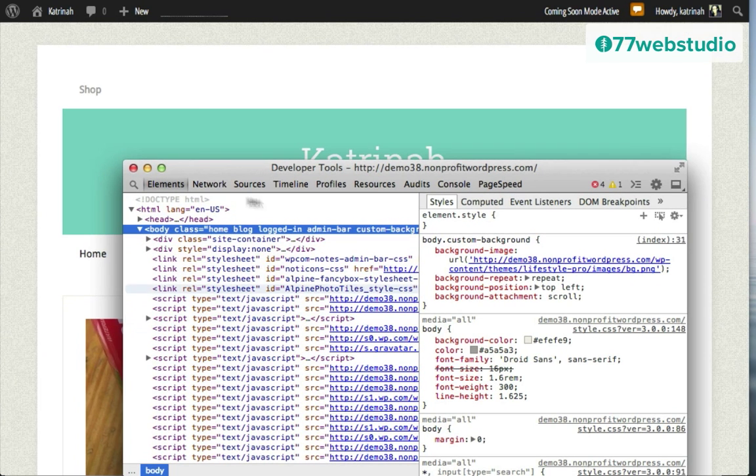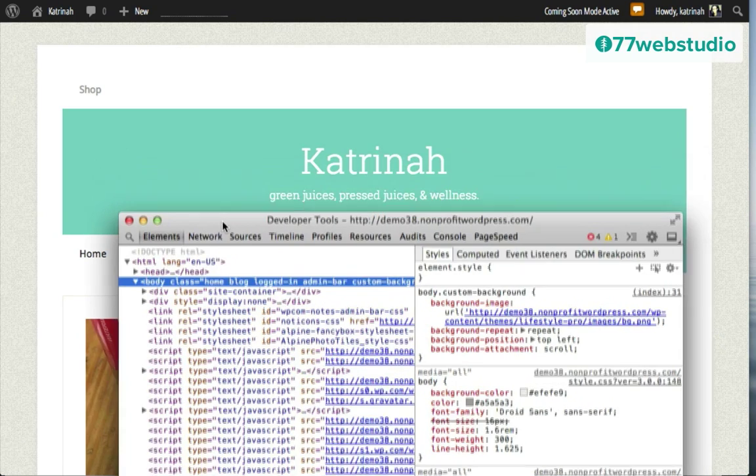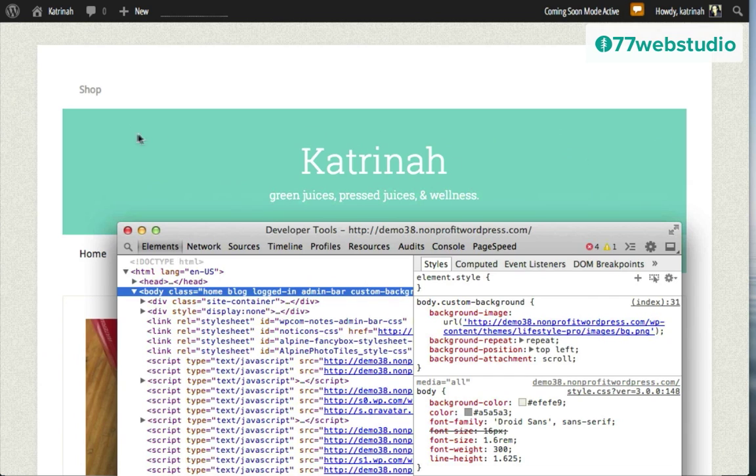On the left-hand side, you'll see all of the different HTML code. That's the different structure and layout of the home page. And on the right-hand side, you can see all of the different CSS styles. Now, the great thing about this particular Inspect Elements tool is that it acts as a sandbox. We can change all the different styles on the right-hand side, and it will not actually be set in the website until we add the new code to our custom style sheet. So this is a safe place to experiment with various styles. Okay, so now I want to find the code that is generating this emerald banner background right here.